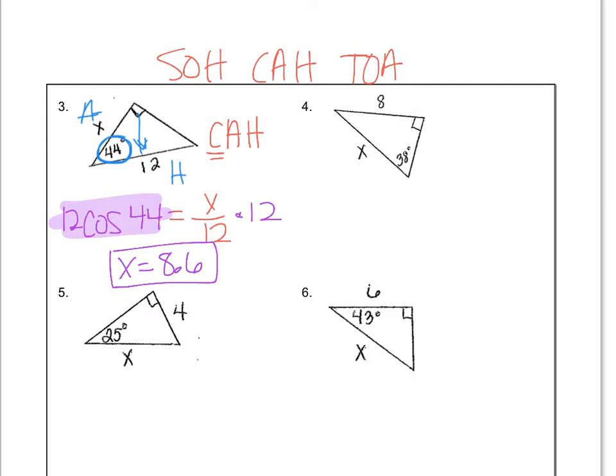Not every problem is going to set up like this. For instance, let's look at this next one. It's going to be a little bit different. The 38 is our angle, so if we label this as the hypotenuse because it's across from the right angle, and this is the opposite side,